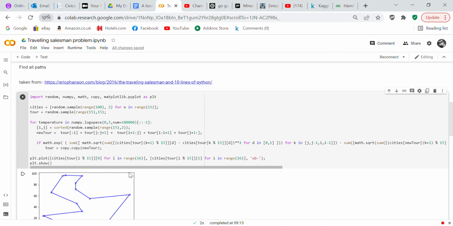i, j = sorted(random.sample(range(15), 2)). new_tour = tour[:i] + tour[j:j+1] + tour[i+1:j] + tour[i:i+1] + tour[j+1:]. So obviously the person who did this is very good at maths and very good at thinking and very good